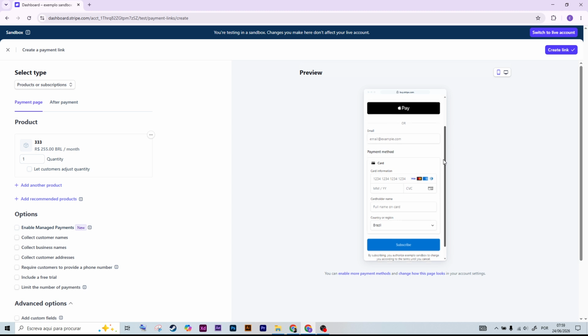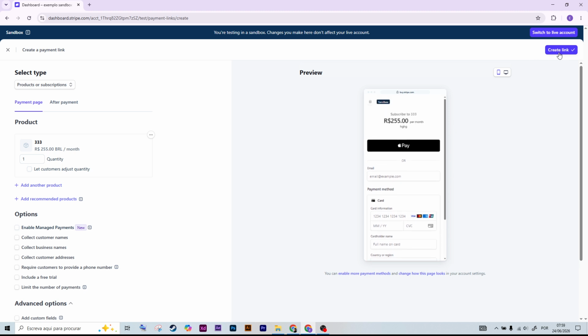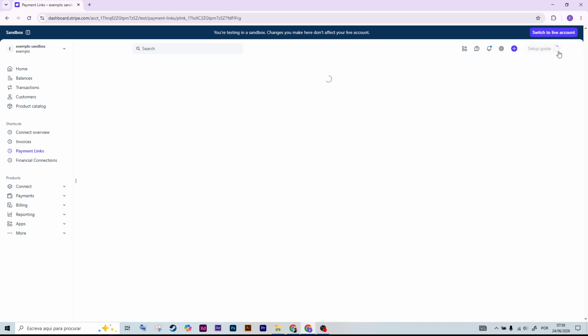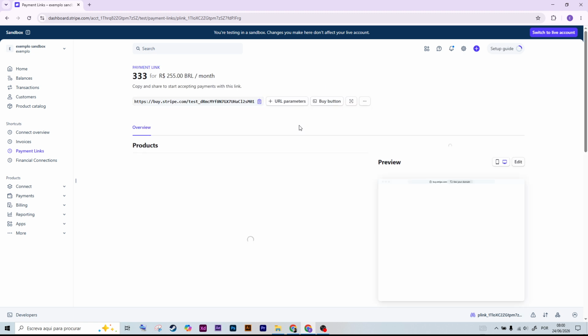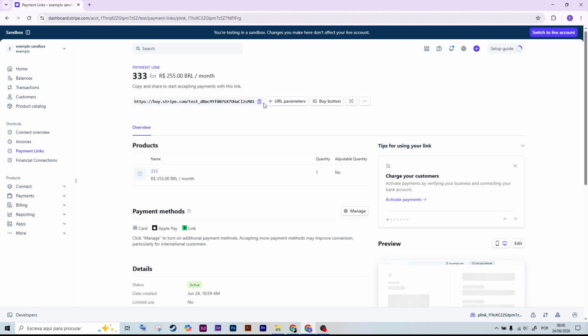Once you're ready, click Create Link. Stripe will generate a unique payment link for your product or service. After that, copy the payment link. You can share this link anywhere you like, including email messages, text messages, social media posts, websites, online stores, or invoices. Anyone who opens the link will be taken directly to Stripe's secure checkout page where they can complete the